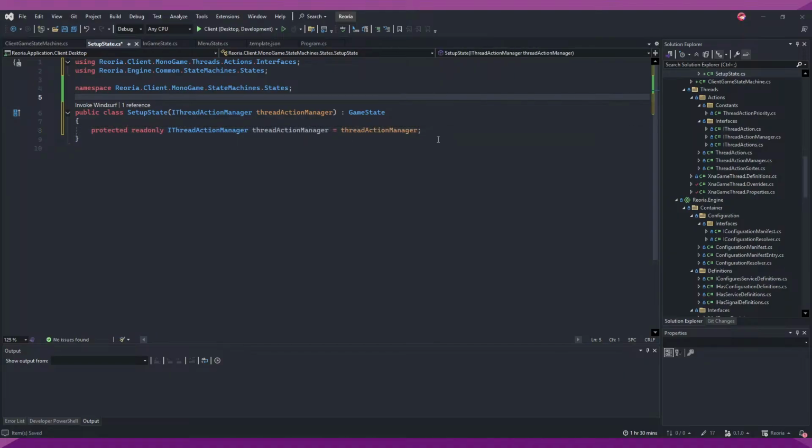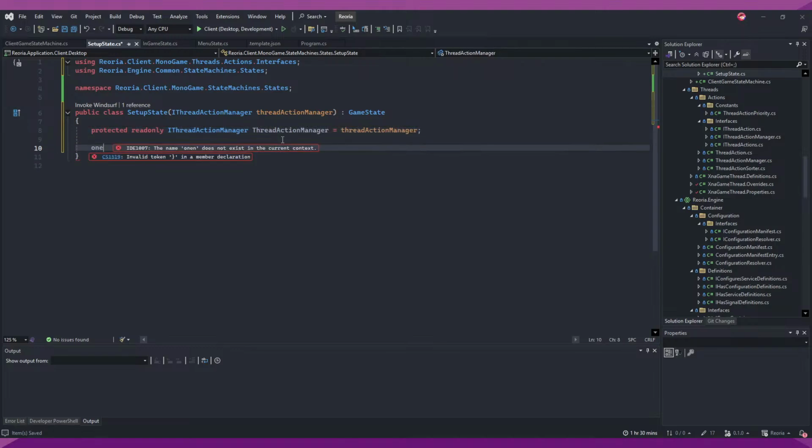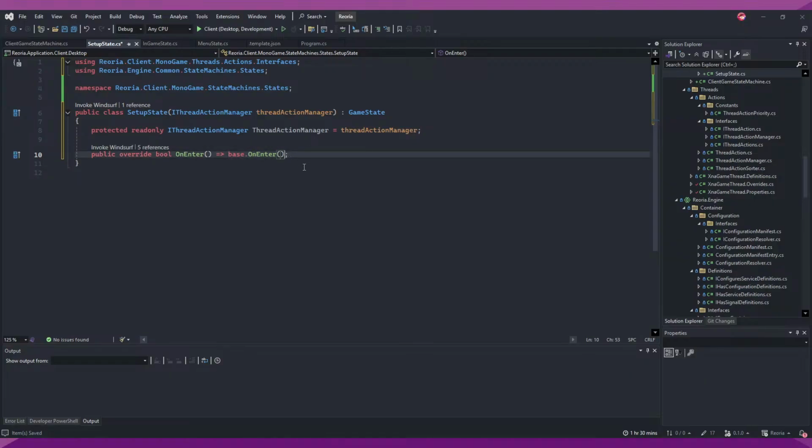I like doing protected because action. Override. Enter. Manager return a value? No, it doesn't. Action. Let's do that, and then